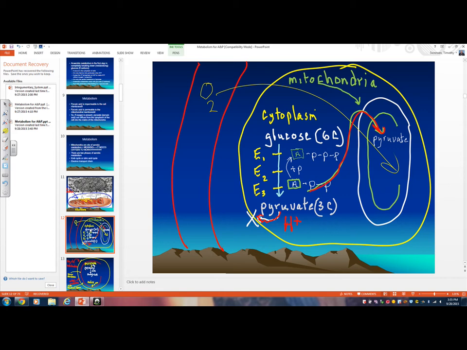So let's get back. You broke down glucose to pyruvate. Pyruvate can't leave the cell. It goes into the mitochondria. And again, pyruvate's a 3-carbon compound. So when pyruvate diffuses into the matrix of the mitochondria, the site of the Krebs cycle,